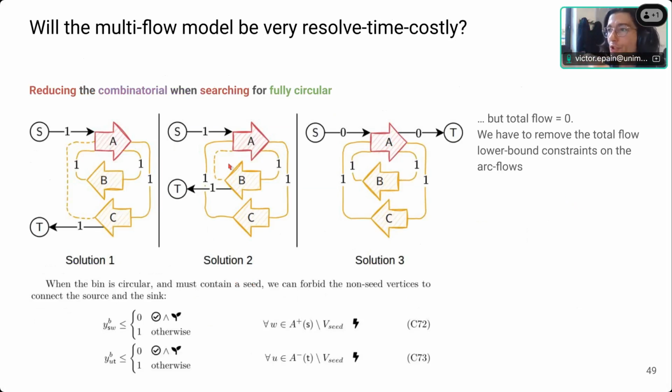And so one of the solutions you can take is to have this type of thing, like the source arc and the sink arc replace one arc in the circularity, solution 1 and solution 2. And what we can do is forcing to use all the fully circular arcs, but you have to put 0 flow on the source arc and the sink arc, and you have to modify plasmid flow for that. It's not a problem, but okay.